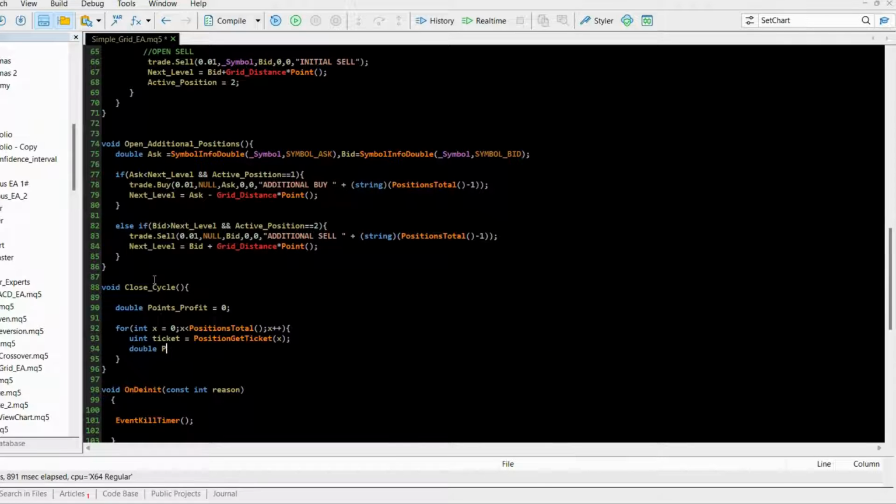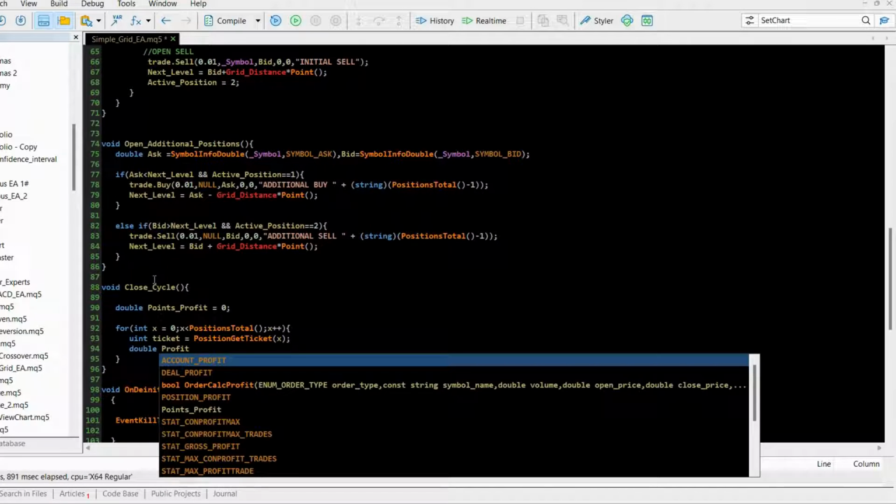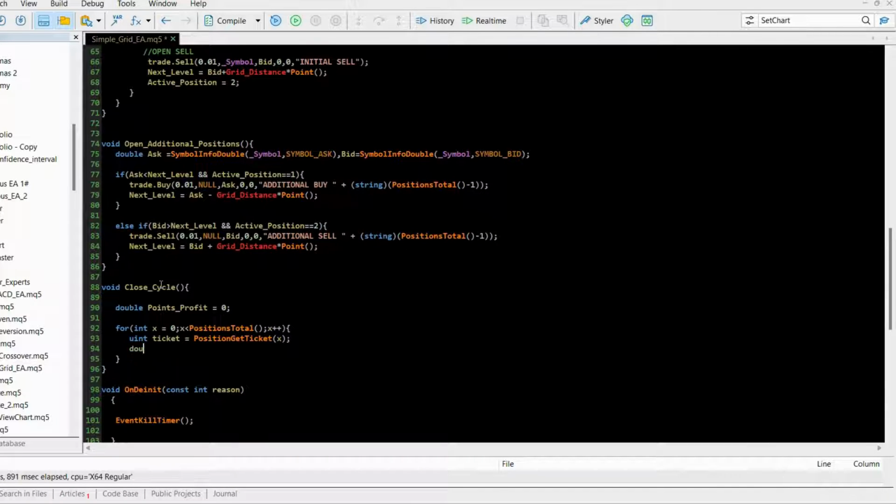So profit, or sorry, not the profit, because with the positions functions, we can get a profit of the position, but it's going to be in a currency. So like we are in USD in a profit, but we are interested in points. So what we will do is that we need to obtain the position type,